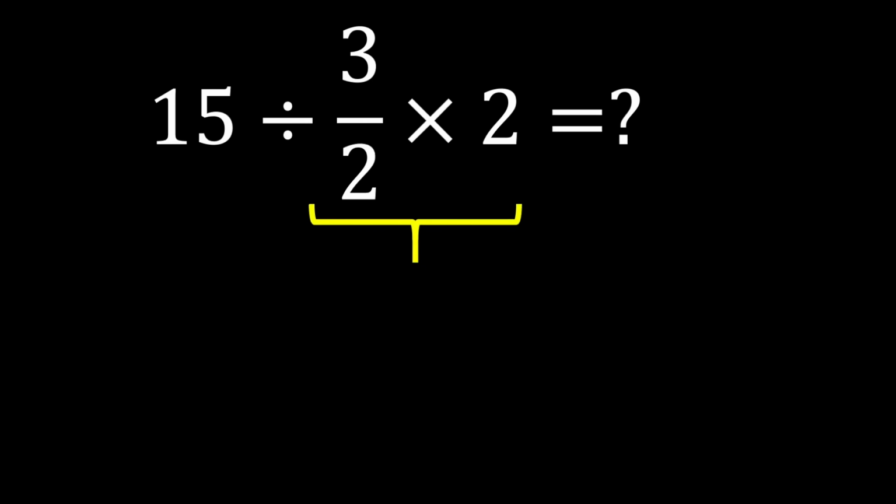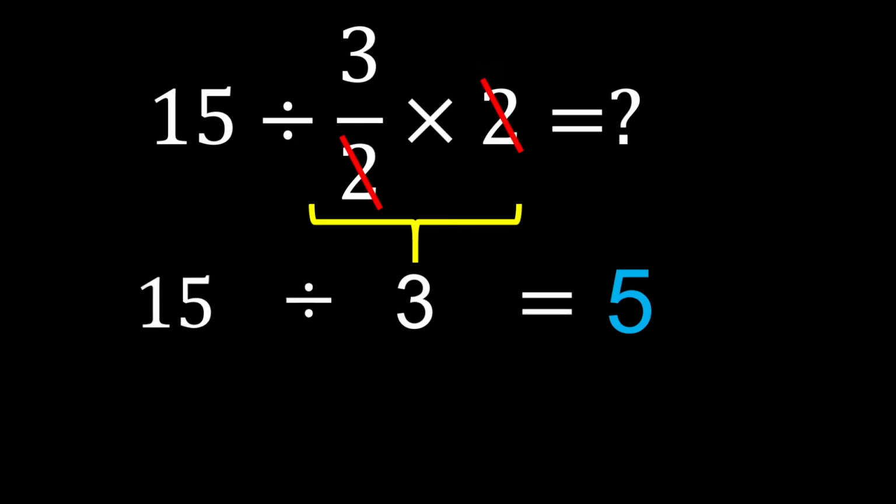First, we perform this multiplication, 3 over 2 multiplied by 2. The 2's cancel each other out, and only 3 remains. In the end, 15 divided by 3 gives us 5. But this answer is not correct because we did not follow one of the most important rules of mathematics called